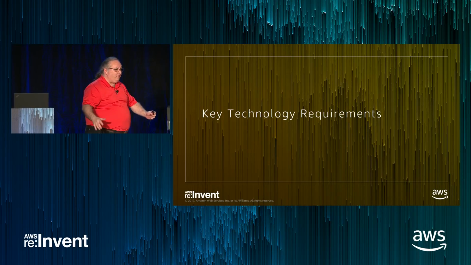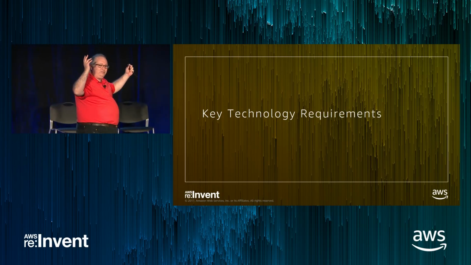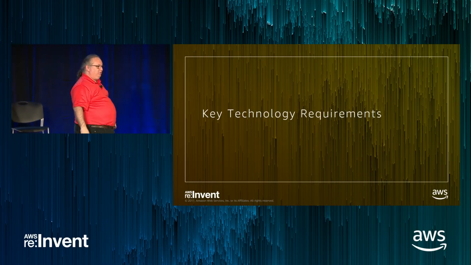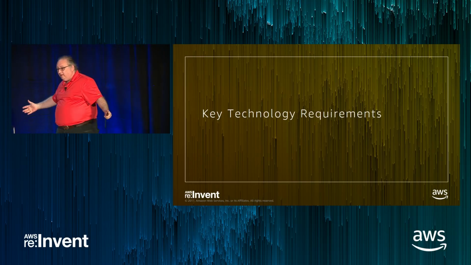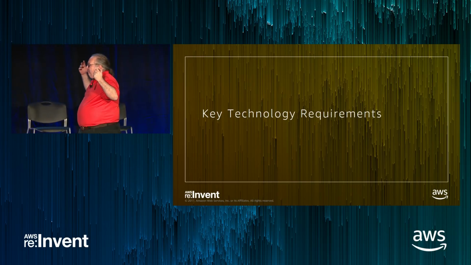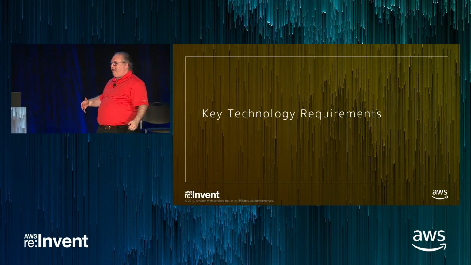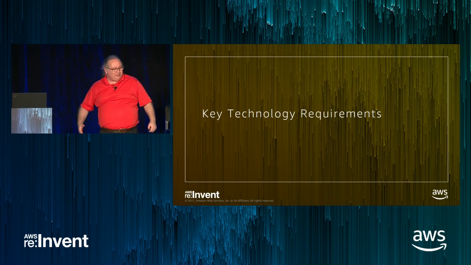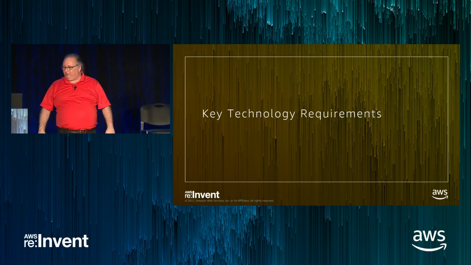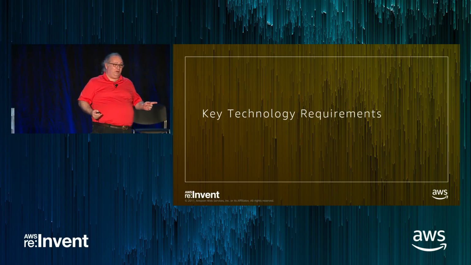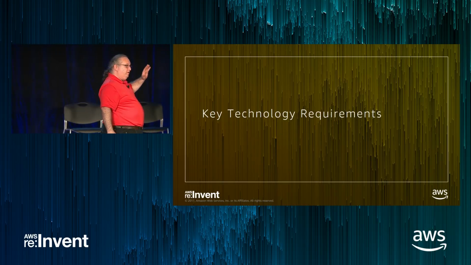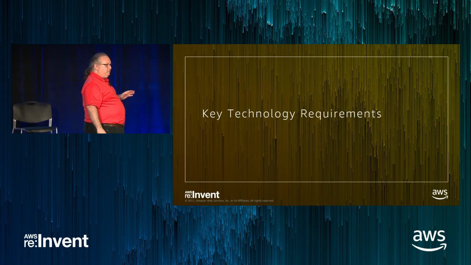Don't. It's hard. It adds complexity. Complexity leads to failure. Half the time I've seen people do this, they end up with lower availability because they created a more complex environment that they can't run. People do this for the stupidest reasons. They just think, well, it sounds cooler to be active-active, so let's make our jobs 10 times harder and set it up that way. All right, have I convinced anyone here not to do active-active? All right, fine. Having said that, let's talk about how to do it. But keep this in mind. If you remember only one thing today, it's don't do this unless you really need it.